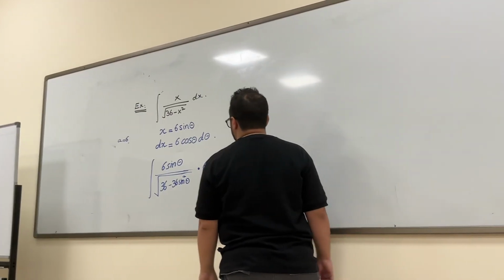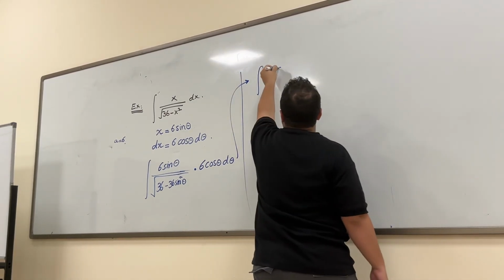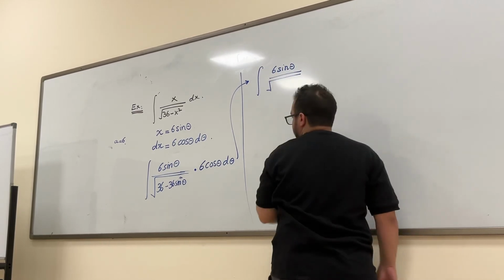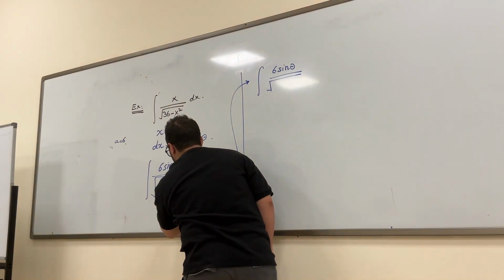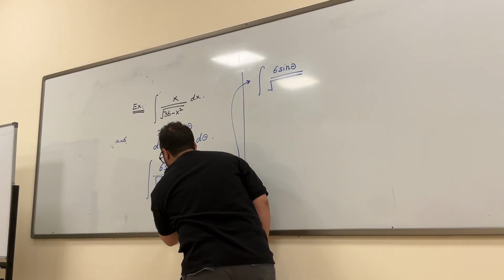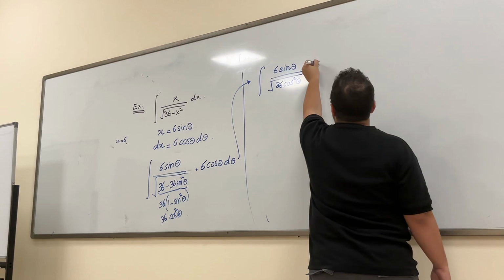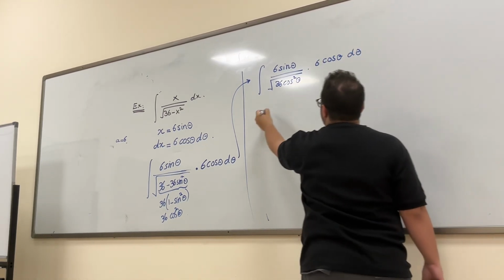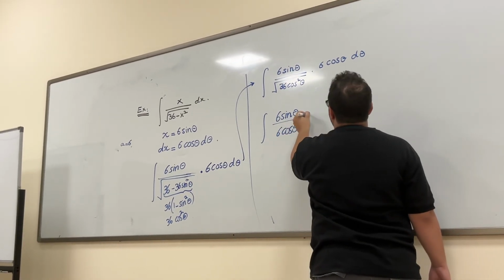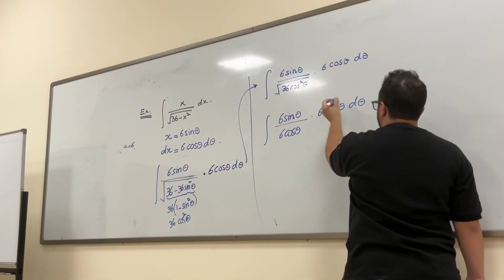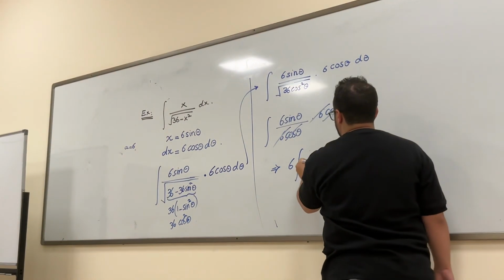The square root of 36 minus 36 sine squared is the square root of 36 cosine squared. Then you cancel the cosine. 6 sine theta and 6 cosine theta d theta cancel. So you get 6 times the integration of sine theta d theta, which is